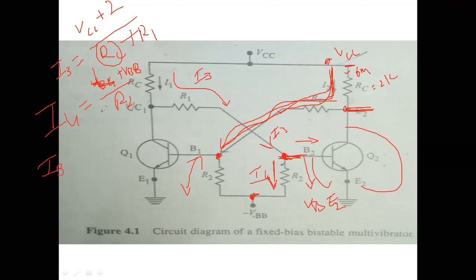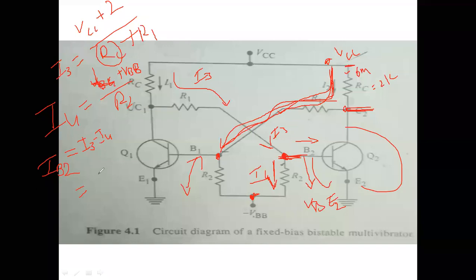Why am I solving all this? I want to get an equation in terms of R1 and R2. Already we have one equation; to get the second equation, I am finding all these currents. IB2 equal to I3 minus I4. I3 is an expression in terms of R1. We know the I3 current is nothing but some 14 divided by R1, and I4 is nothing but 12 divided by R2. We have two equations in terms of R1 and R2, and we are going to substitute these two equations here.